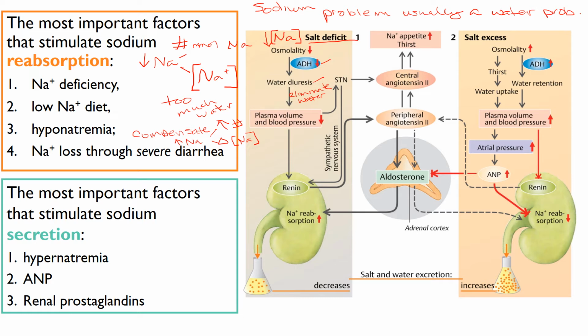Okay, so as a result, your blood volume goes down. As a result of the blood volume going down, your effective circulating volume goes down. That's going to activate the renin, angiotensin, aldosterone system. Aldosterone will serve to hang on to sodium. So there's two things that are going to happen at the same time. One, you diurese water, which is up here. So this is the first thing, and then eventually you get to this one, which is the renin, angiotensin, aldosterone